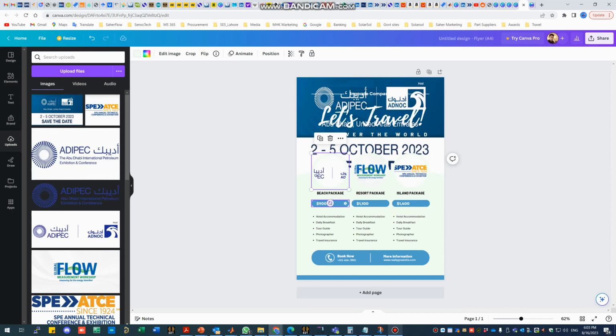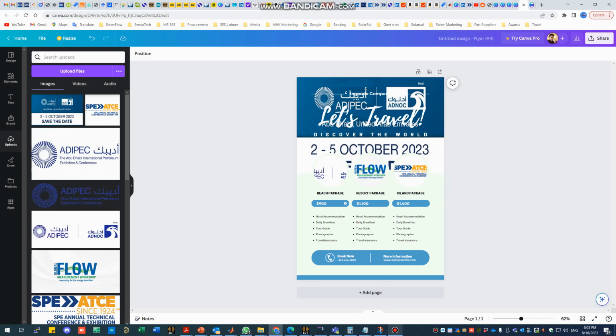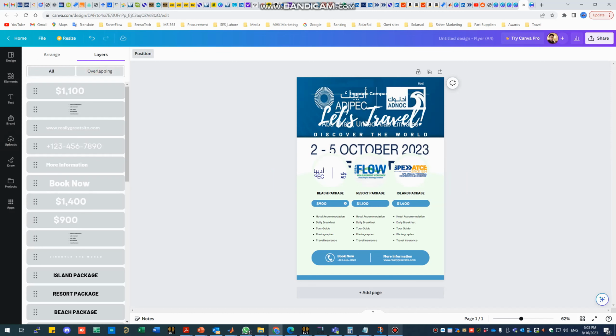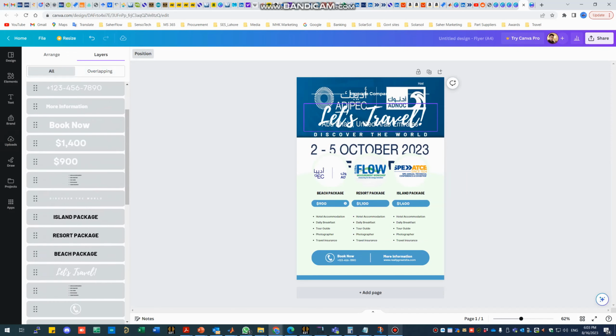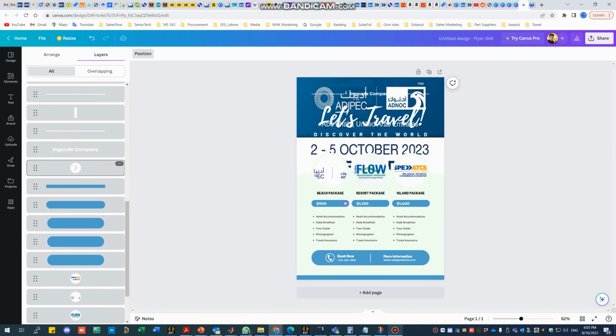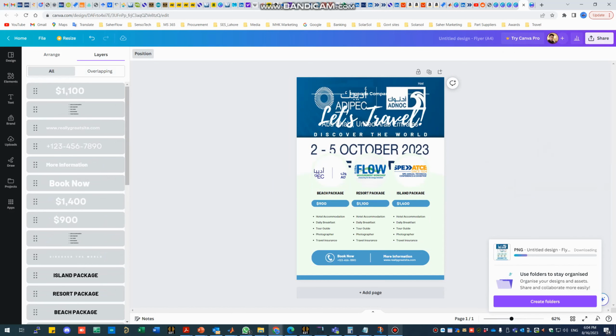If you want to identify those images, for example in this case we have this arrow sign, and if it is not quite visible, you can go to position, and there is a layers section over here which identifies all the elements used in this design. So you can easily identify this arrow sign which is paid, and you can just delete it from here as well. This is especially useful when these paid features are hidden and you cannot see them visually on top. Once you delete all these premium images, you can go to share and download, and your image will start to download